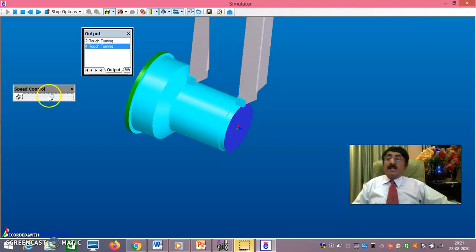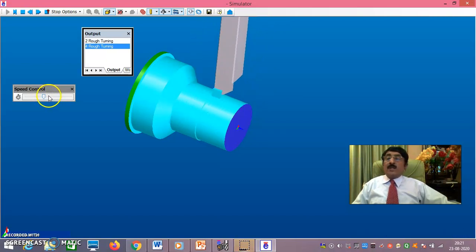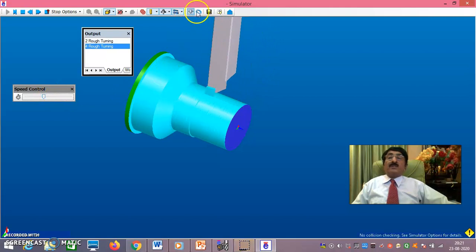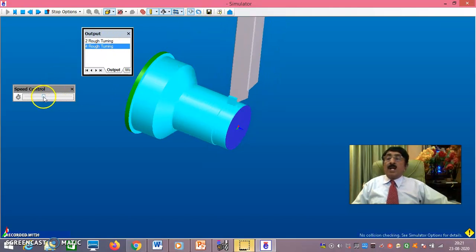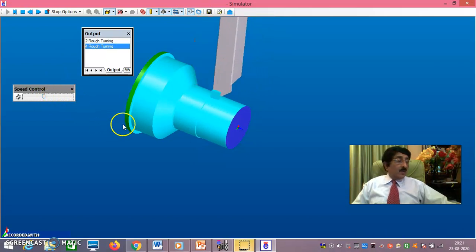A little bit increase. This speed control you can always increase. If you want to increase or decrease, you can always do it using the speed control only. That main button is here. If you operate this, this will come and you can control the speed using this. Now, as you know here,